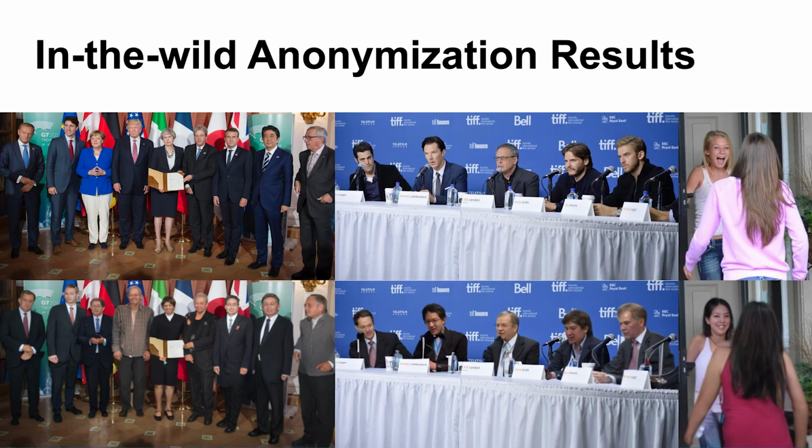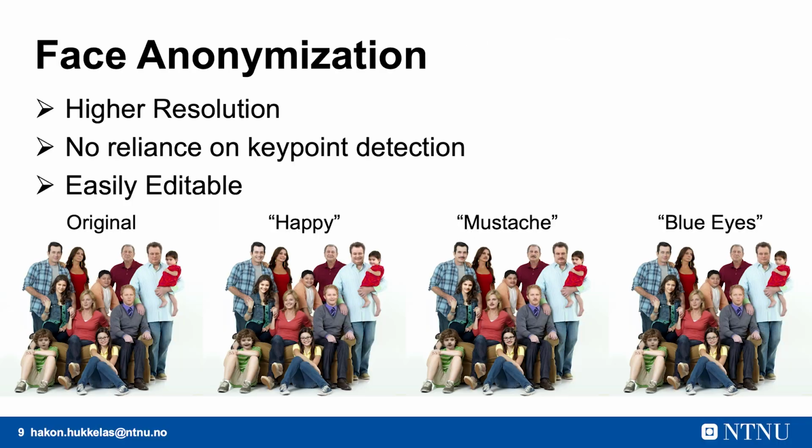Here you can see some results of in-the-wild image anonymization. Notice that our method handles overlapping bodies and generates a diverse set of identities. We recommend you to take a look at our paper for more examples, where we evaluate on both the COCO and Cityscapes dataset. Finally, we train our GAN for face anonymization and release a new dataset for higher resolution face